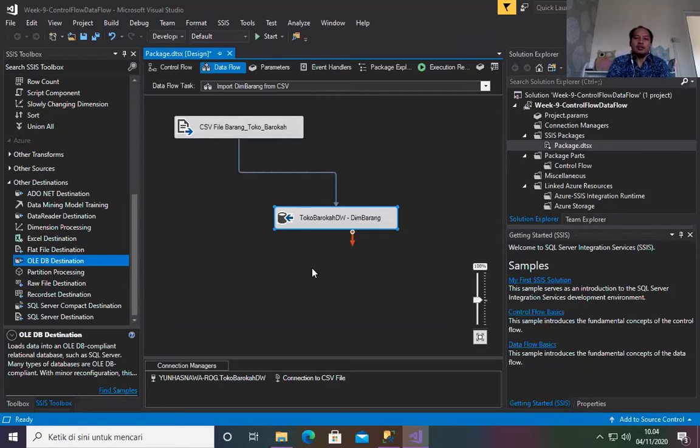It is always a good practice, though not mandatory, to rename your elements or tasks, but it will help you understand your package easily.